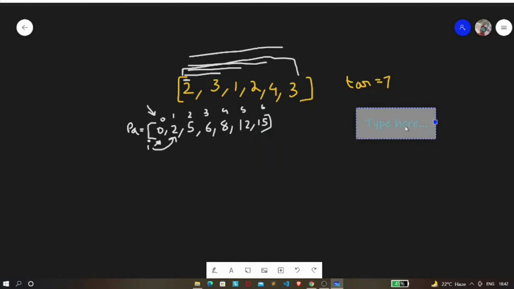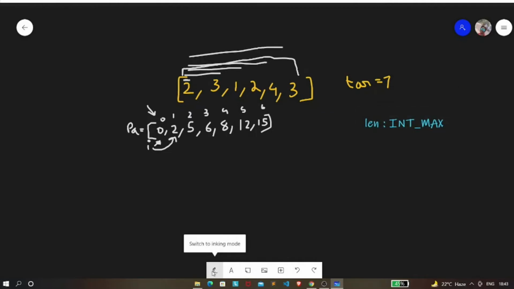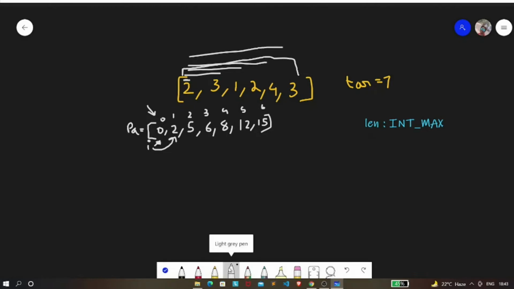So at first we're going to have a length variable, in which we store the minimum length. Initially it is int max.